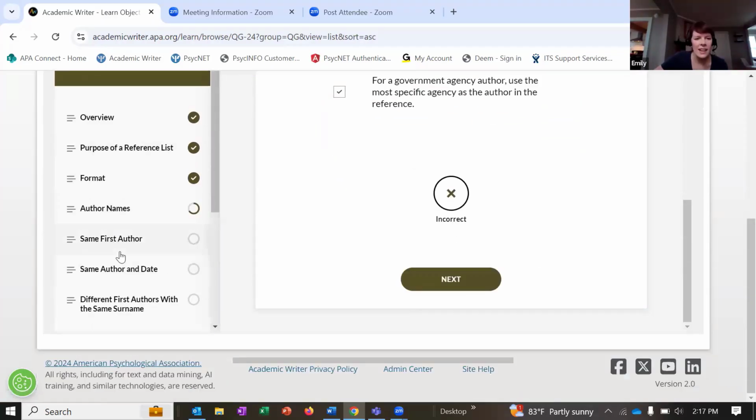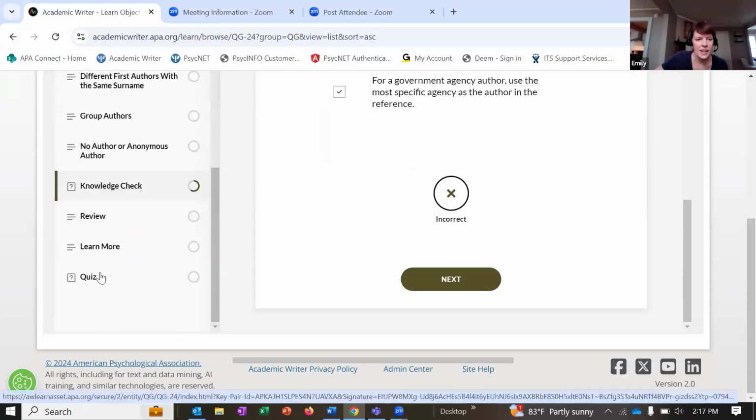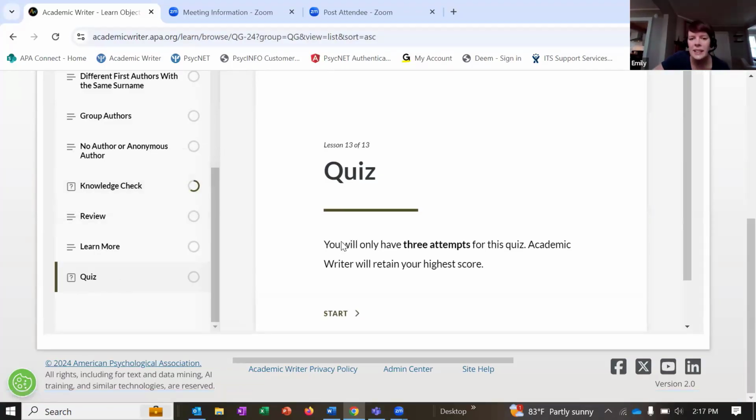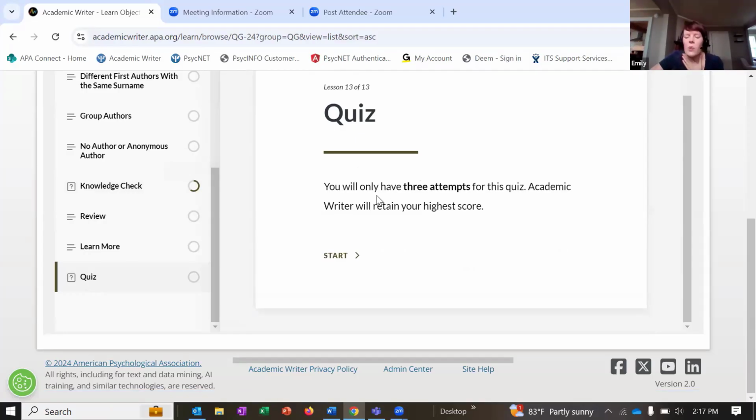Okay, so then let me go over and we'll take a look at the quiz. So the knowledge check I didn't quite complete, but I can see I'm at 60% completed. And then the quiz here. With these, users have 3 attempts to take these quizzes.